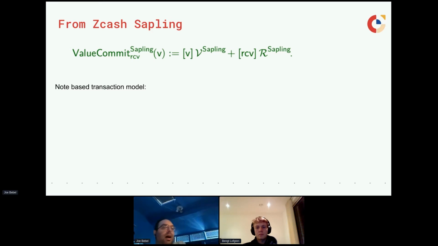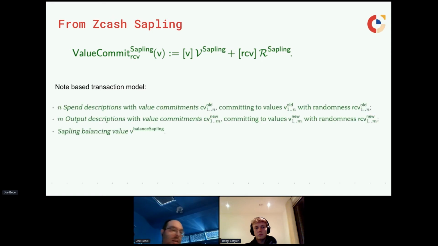And this is actually really important for the way that the Sapling shielded pool gains a real performance advantage, because of the model of transactions that they use, which is somewhat different than the previous Sprout shielded pool and the Zerocoin paper's shielded pool. And the reason is that